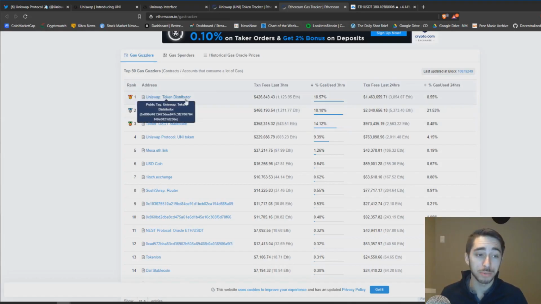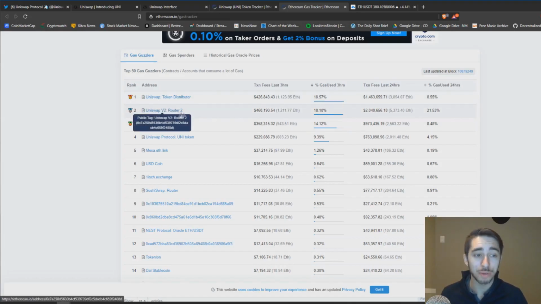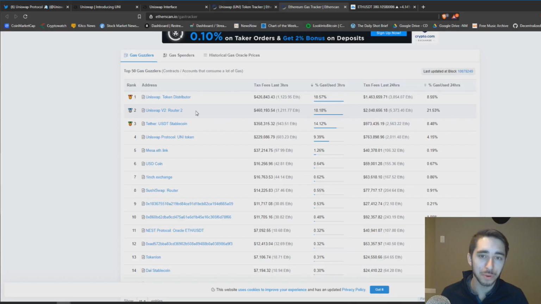So for example, the Uniswap token distributor. Uniswap v2, this is the Uniswap core protocol, right? Showing just how much impact this is having on the Ethereum network here. It's swallowing more than the underlying protocol, which has already been leading on the gas consumption of the Ethereum network. Just as comparison, here's Tether. And then you've also got the core UNI token, in this case on the Uniswap protocol, getting its own category. So we've got massive percentages of consumption of the core Ethereum network going through Uniswap.